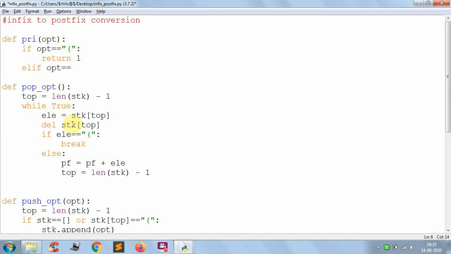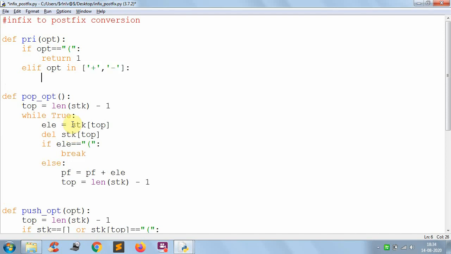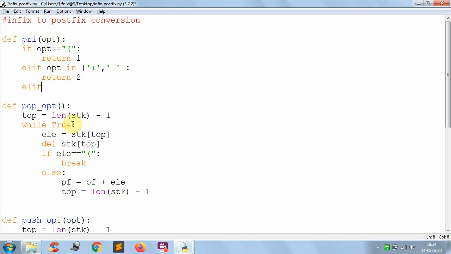Elif, if the input operator is plus or minus, then you have to return 2. Means after that, the second least priority, addition and minus are having the same priority. Already we have discussed earlier about these priorities.